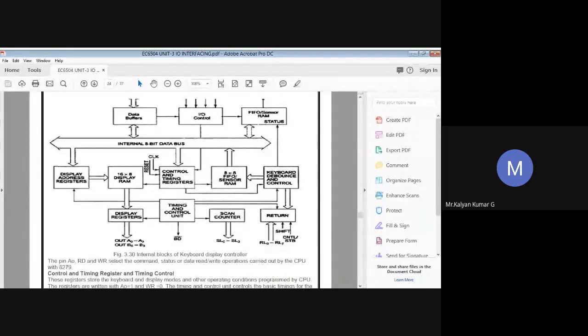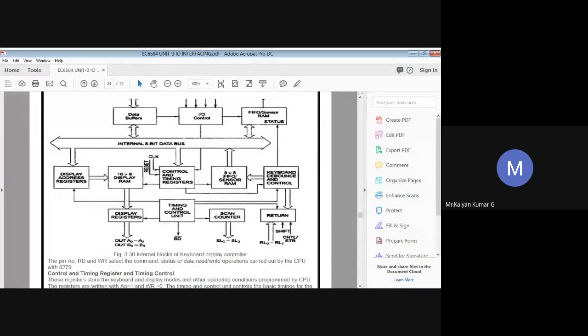And the second section is a display section. Here we'll have a set of 8 output lines for interfacing. So the display section has a set of 8 output lines only for interfacing. Okay, so this is the block diagram of your 8279. So we'll see the function description of the major blocks of the 8279 keyboard display interface. First I'll start with IO control.